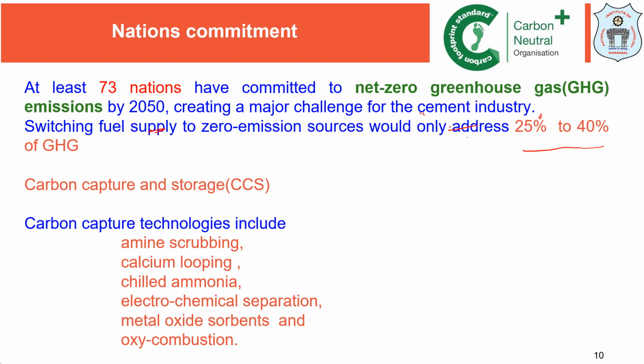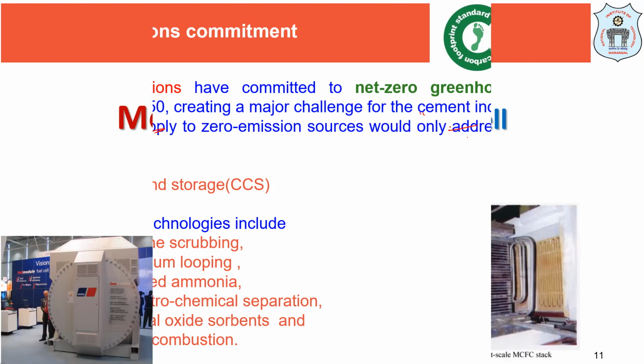Okay. So in this regard, molten carbonate fuel cells have a significant role to play, because if you install molten carbonate fuel cells in cement industries, they can use the CO2 as the raw material. They are fuel cells made of molten carbonate, and they can use the CO2 as the fuel. So that is the reason we are talking about the cement industry in this lecture on molten carbonate